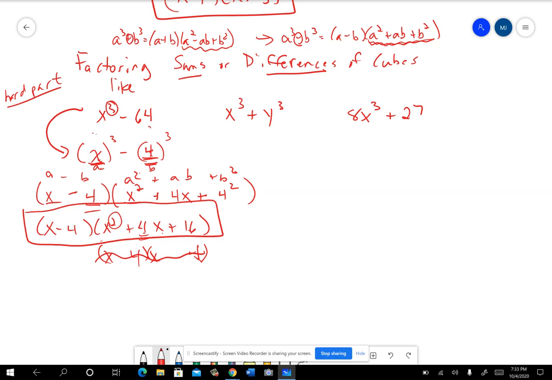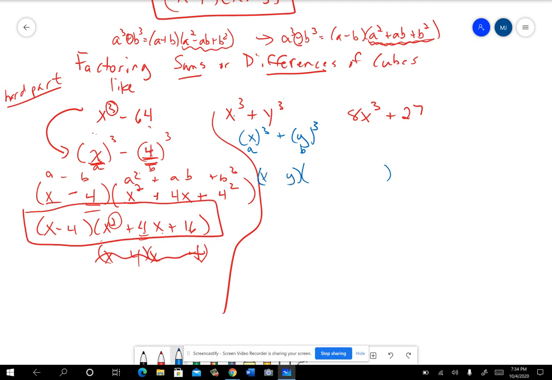All right, let's try another one. We do this one in blue. So this one says x to the third plus y to the third. So when I'm thinking about my formula, x actually did get cubed and y actually did get cubed. So x is my a and y is my b. Formula says it would be 2 terms and then 3